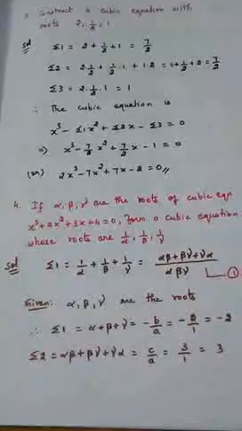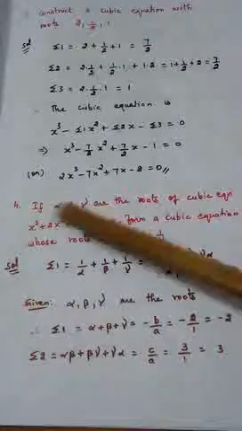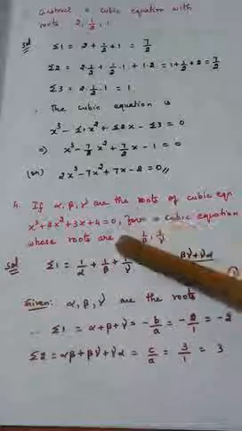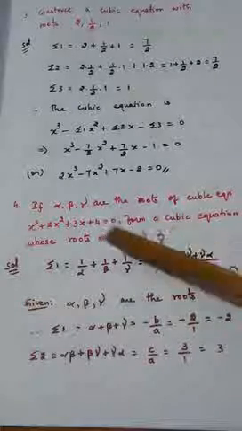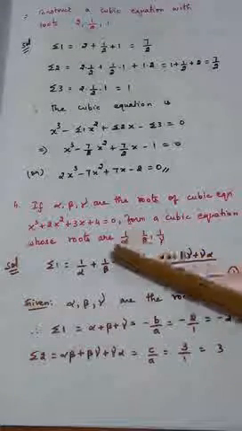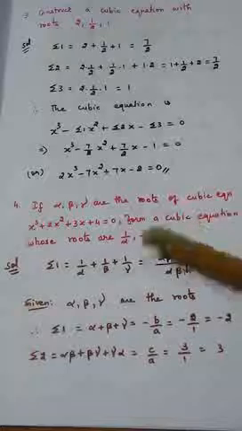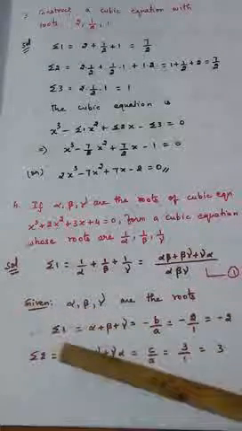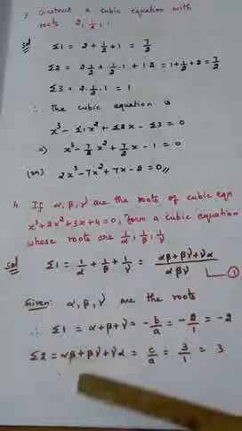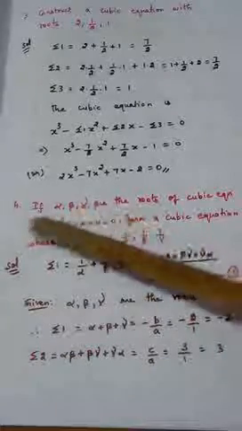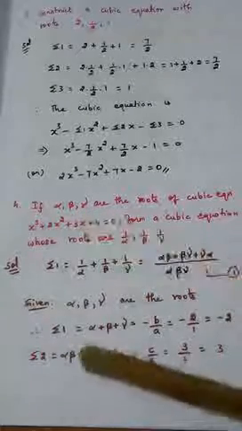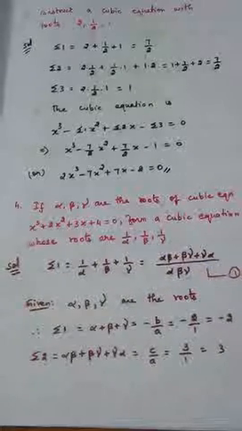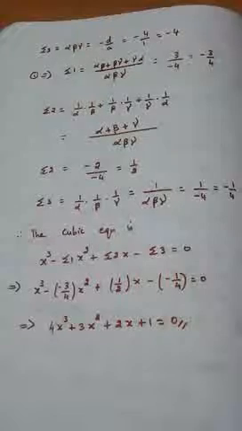Is it clear? Now we have two things in our hands. For this we are calculating sigma 1, sigma 2, sigma 3. Also we are going to find the cubic equation for these three roots. So keep this in your mind. So what we are going to do in the next step, sigma 1 we have calculated, sigma 2 we have calculated. Next we are going to calculate sigma 3 for this. Then we will try to find out sigma 2 and sigma 3 for this, right? So that is what I said.